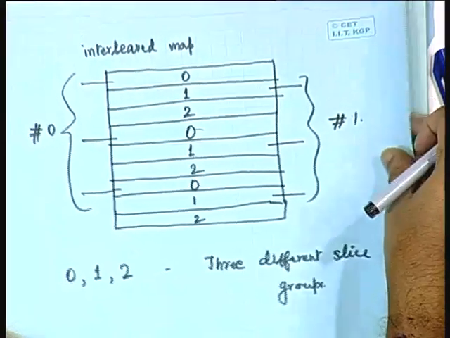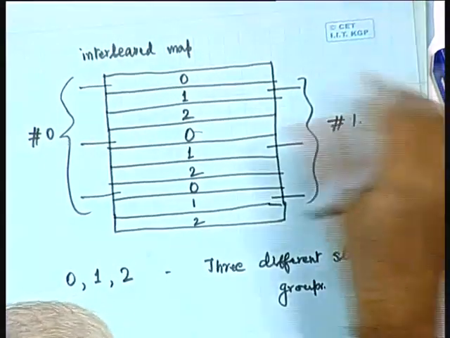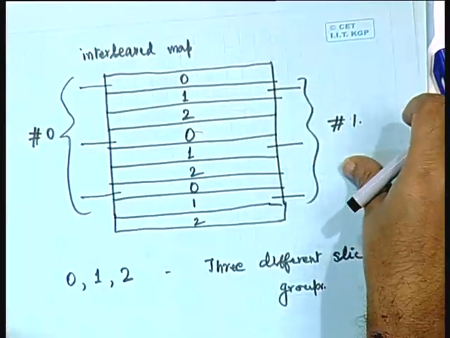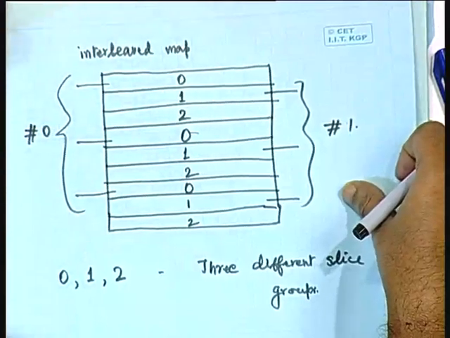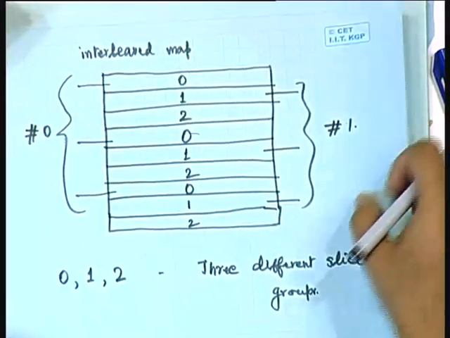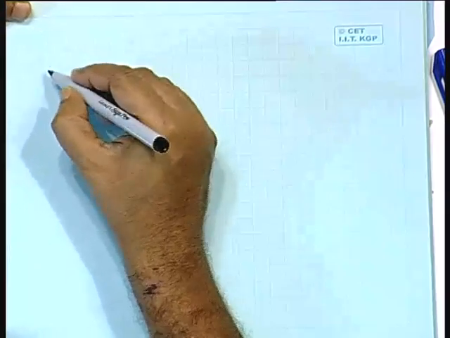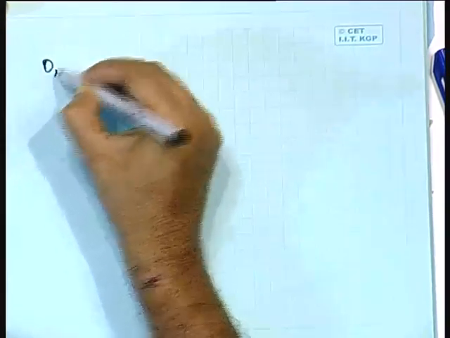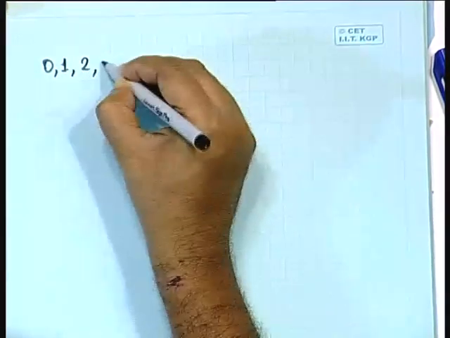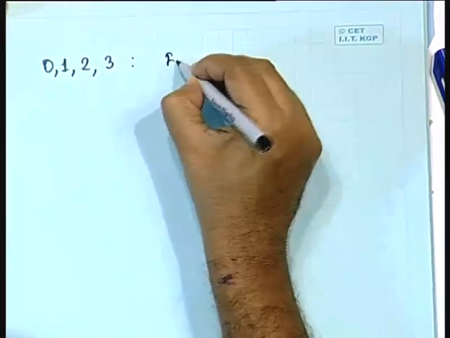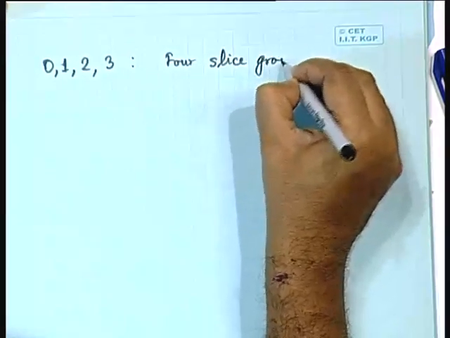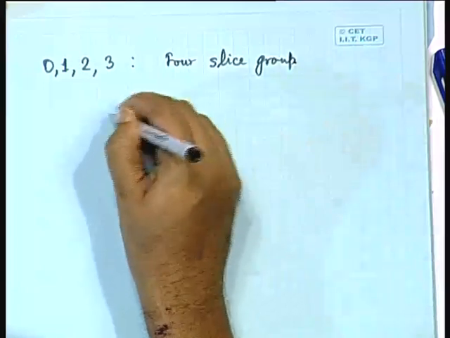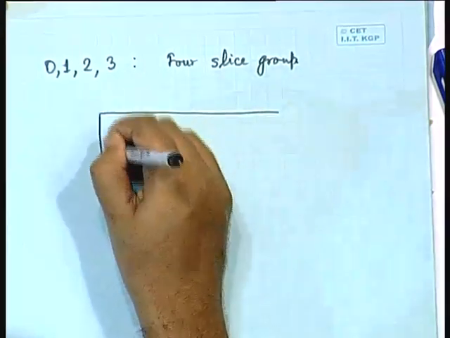Now, instead of forming an interleaved map like this, the slice groups may also form what is called the dispersed map. Just to show you an example of the dispersed map, let us say that we have 4 different slice groups numbered 0, 1, 2 and 3. So, let us consider 4 slice groups. Again, how to organize these 4 slice groups? We can take a frame,